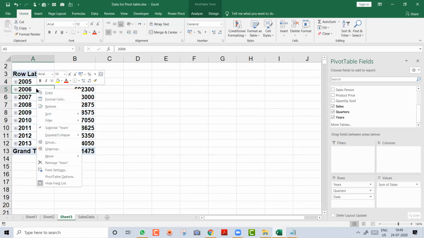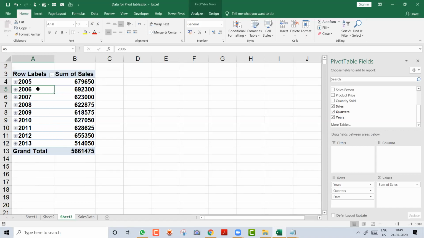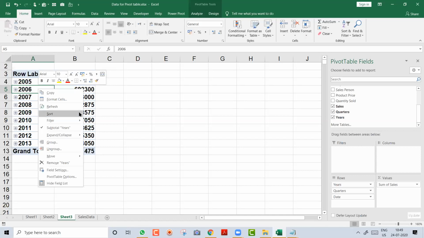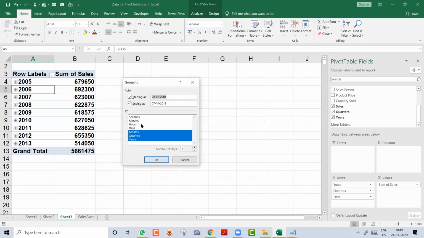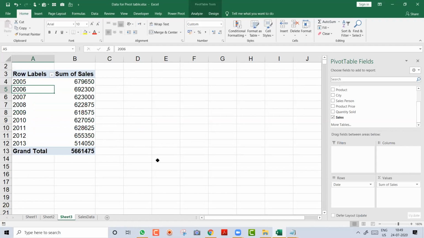You have to right click on that date. Do it, everybody. Right click on the date, or on a year also you can right click. And there will be an option, Group. Remember, right click on a year, not outside. You will see the word Group. Click on Group, everybody. In this group, you will see this option, so here you can select the year. Just select year, everybody, and say okay. So 2007 people, now you will see each year's sales. Dates have been converted into years.